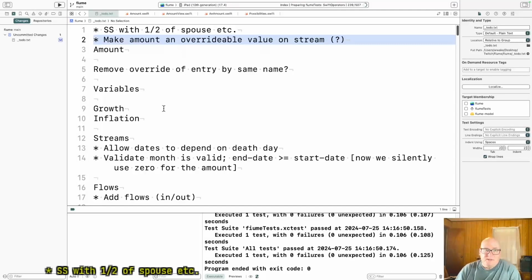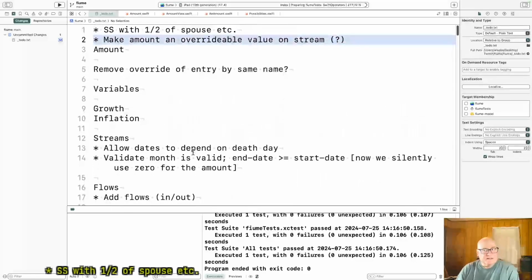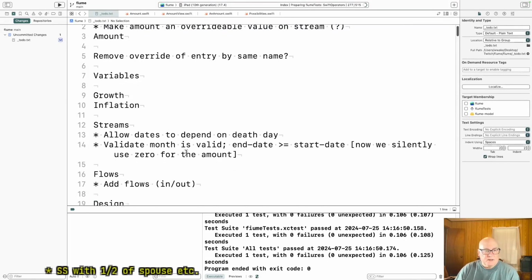But in the last few days, I'm kind of questioning whether that thing is the right way to do things. It just seems like you've got the same name floating around multiple times and it'd be very easy to not realize you were overriding one and stuff like that. So I'm going to hold off on this overridable value, even though yesterday was kind of what I thought I'd do next. All right, now,